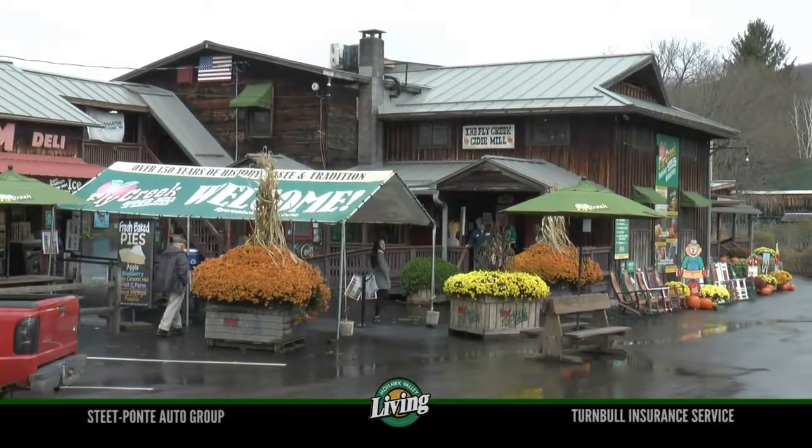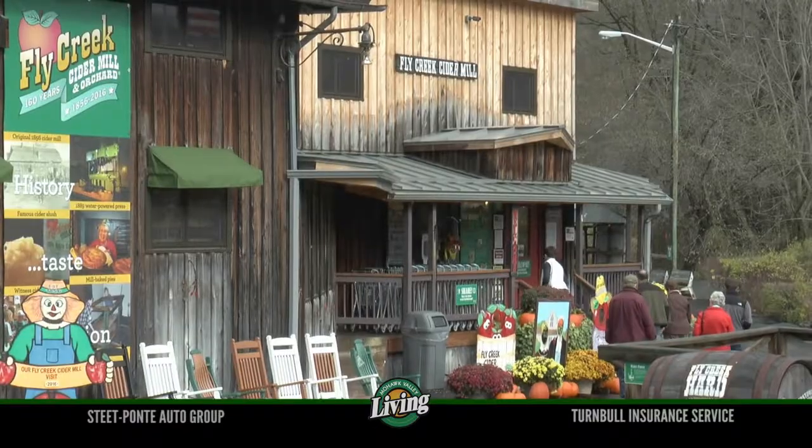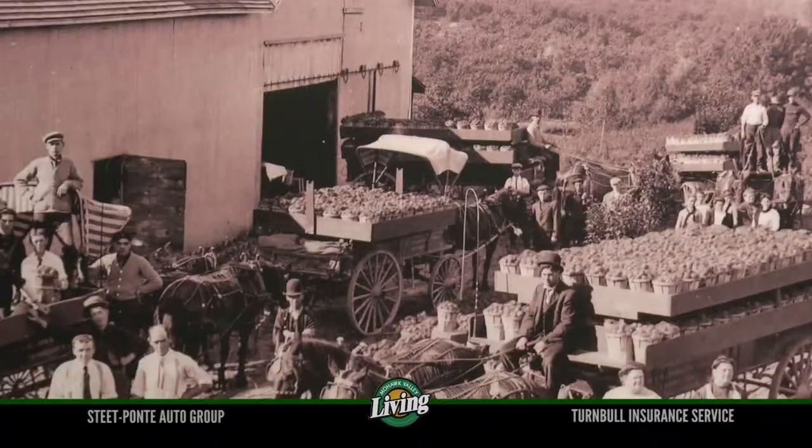A fun fall family tradition is a trip to the Fly Creek Cider Mill on Goose Street just outside of Cooperstown. People flock to this historic mill, especially on weekends when they're pressing cider the old-fashioned way. Well, this is the mill's 160th year and developed right here in Fly Creek on the banks of Fly Creek,